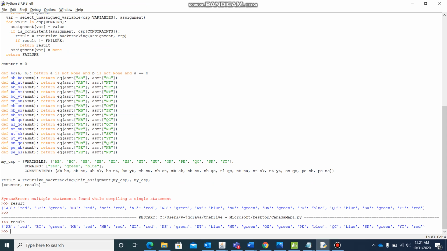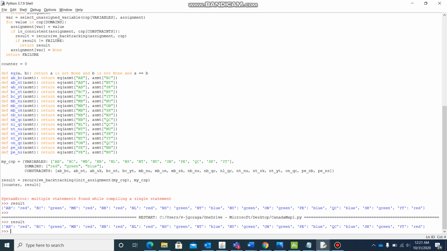So this is what I've got: Alberta is red, BC is green, Manitoba is red, NB is red, NL is red, NS is green. If I take Ontario as my example, the Ontario color is green.